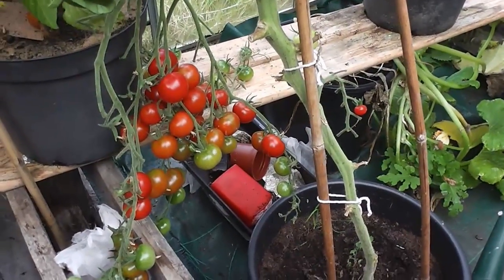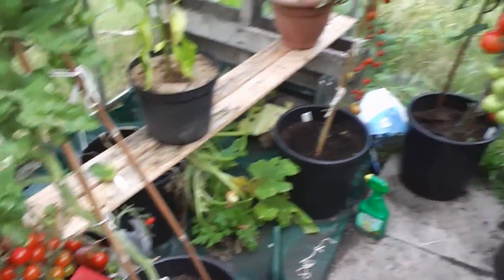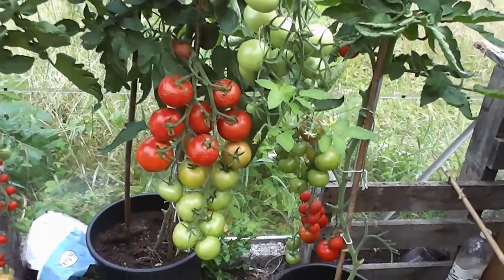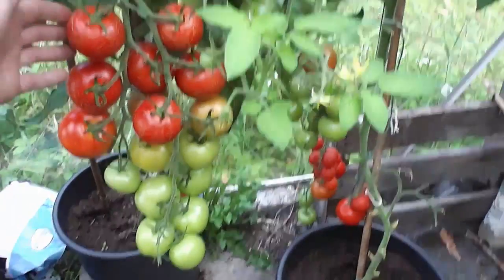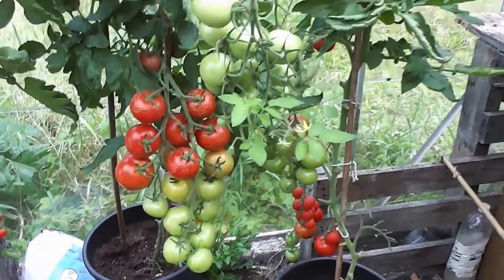Remember a few weeks ago I couldn't get anything to ripen, but now they're all just going mad. As soon as one starts, they all just go. So getting some fantastic crops of chillies now. Really nice sized tomatoes. Some of these are a bit cracked, look a bit funny, but they're fine to eat. I don't know what that one is, but